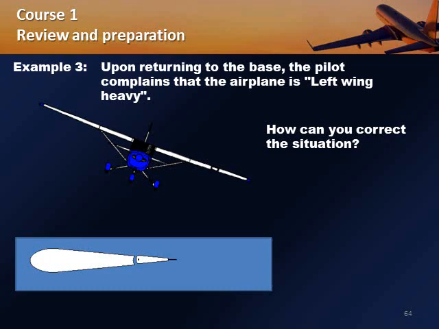Example 3. Upon returning to base, the pilot complains that the airplane is left wing heavy, meaning the left wing has a tendency to go lower by itself. So how do we correct this situation? Well, actually,